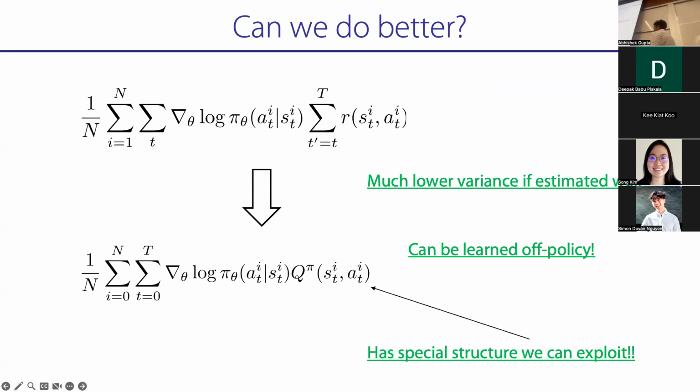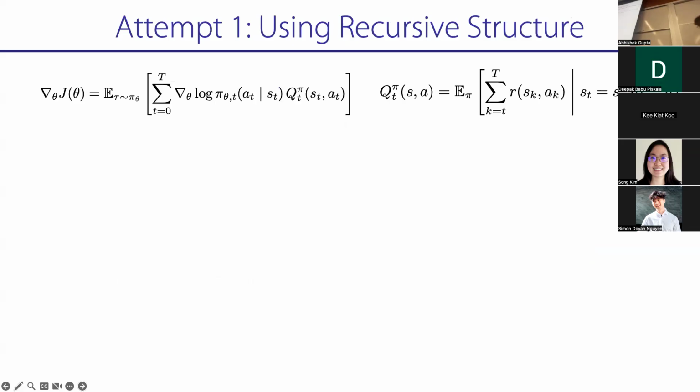And so we're going to use some special structure in our Q function or in our value function. So someone remind me what that special structure was. We're an MDP, right? So is there more structure we can use in our value function to lower the variance? The value function is the expectation of only the reward... That's right. So we're going to have a recursive structure in our value function. That's going to be what we use to lower the variance further.